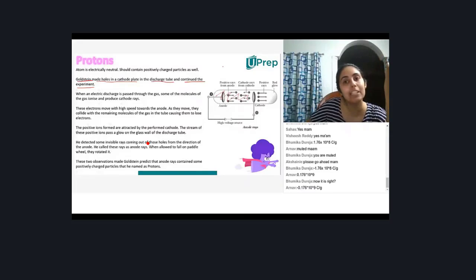For example, I've mentioned this to you before also. Let's say there is a hydrogen atom with one proton in the nucleus and one electron in its shell. These cathode rays, which also have electrons, hit the atoms of the gas, and they remove more electrons. So all of these electrons are now heading towards the anode, and you will see green light in this region.